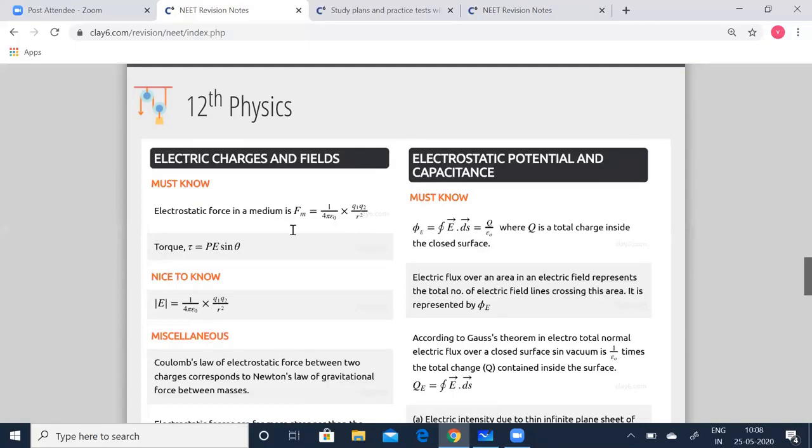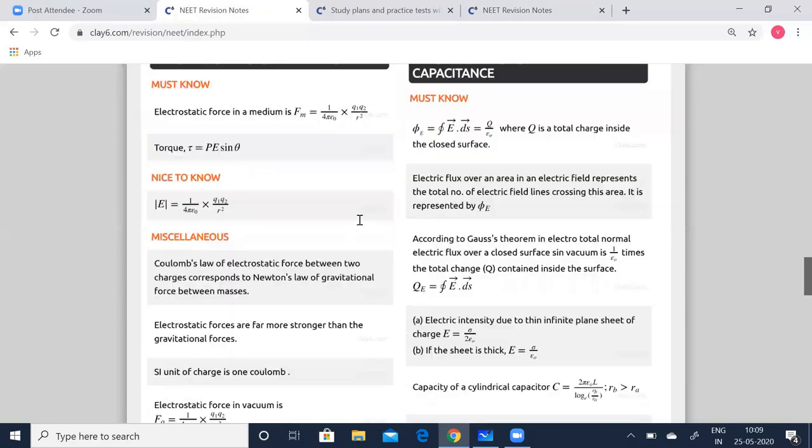So there again, it is the gravitational force where we learned F is equal to G m1 m2 by R squared. Here it is now going to be related to the charges. So here the constant is now going to be 1 by 4 pi epsilon 0. There G was the gravitational constant. Here we are taking it as 1 by 4 pi epsilon 0 into Q1 Q2 by R squared, where Q1 and Q2 are the charges and R is the distance between them.